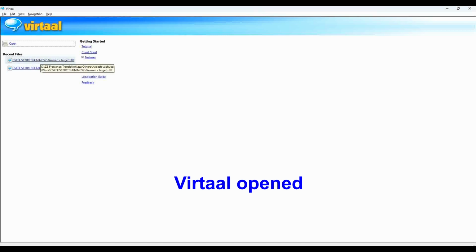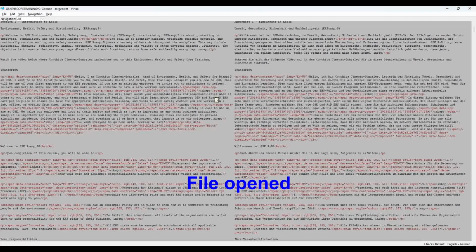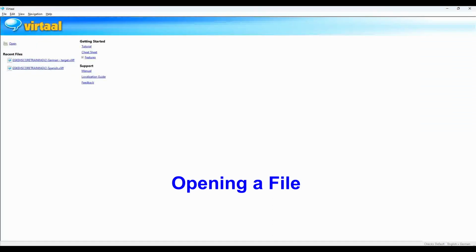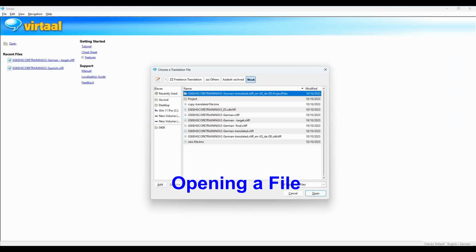and let us open a file. We can see that it's very easy to handle and easy to open a file. Let me close and open a TMX file also. It effortlessly handles TMX file and